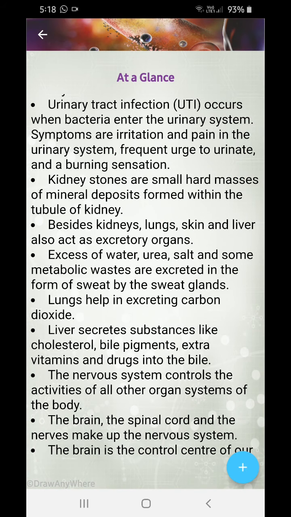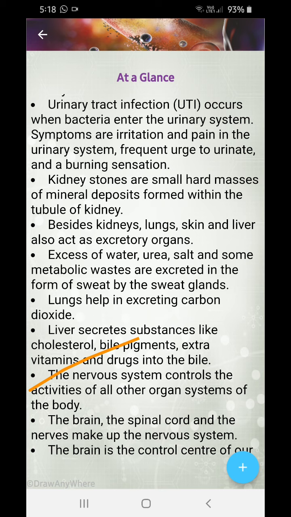So next we have the nervous system. The nervous system controls activities of all other organs of the body. Whatever an organ does, suppose if I'm told to walk, then my brain will instruct my leg to move its muscles and walk. If my brain doesn't instruct, it will not work. Similarly, if the brain is not telling the heart to beat, the heart will stop beating